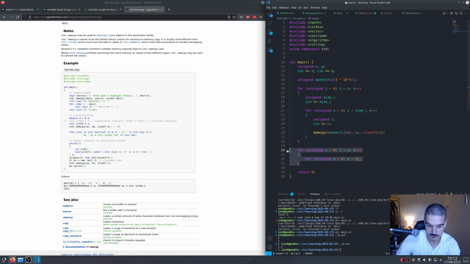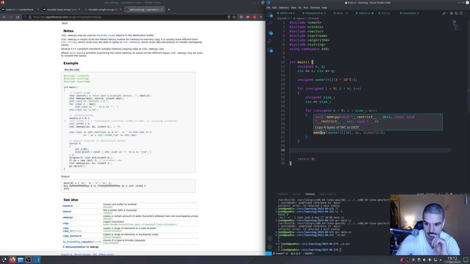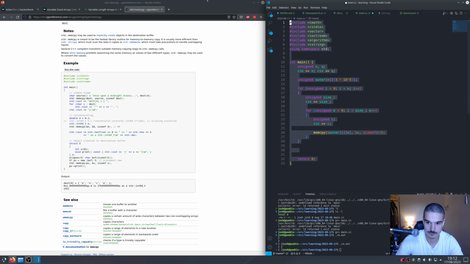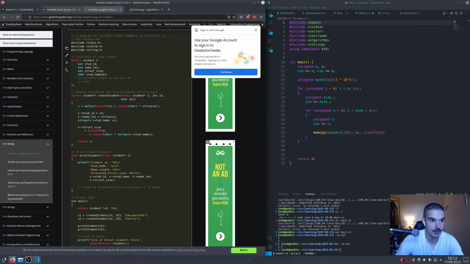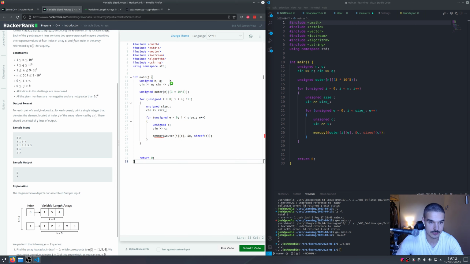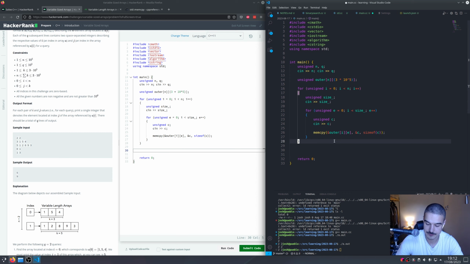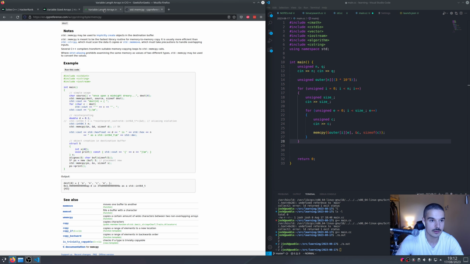Actually, realistically, I can't even test this, so we'll see how this goes. But I feel like that might be, ooh, a little dangerous. Let's see if HackerRank doesn't mind us using cstring. No, it doesn't. Okay, so